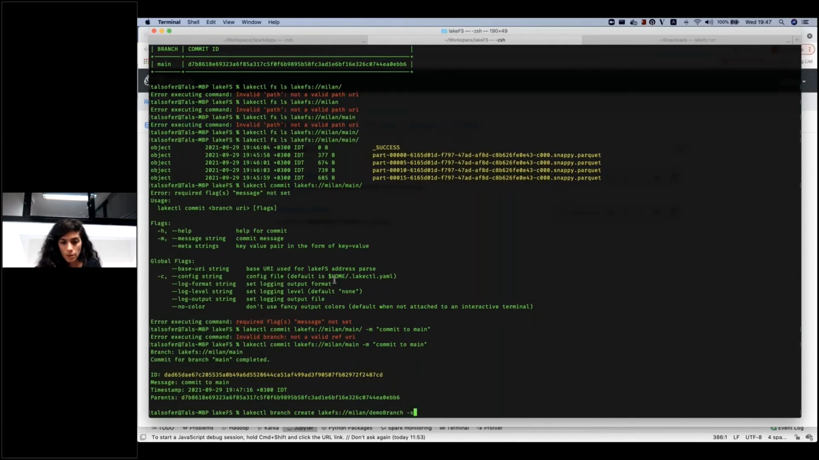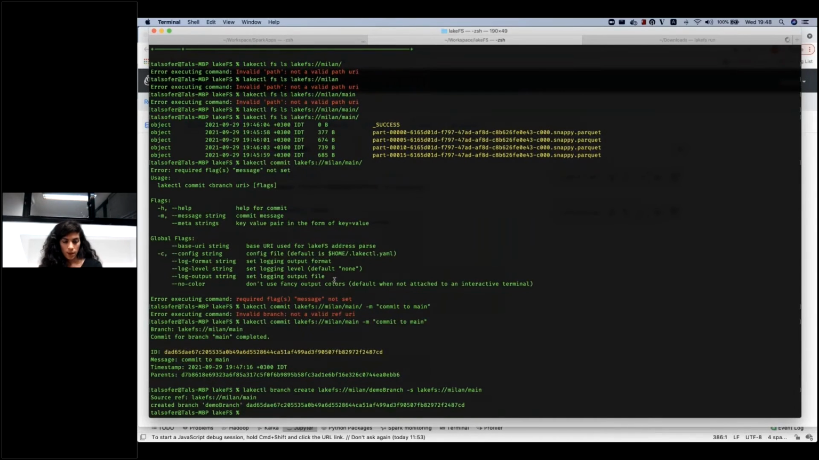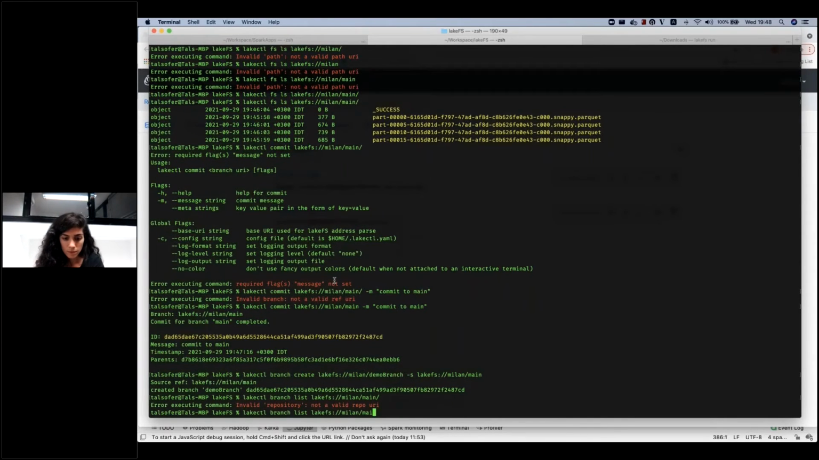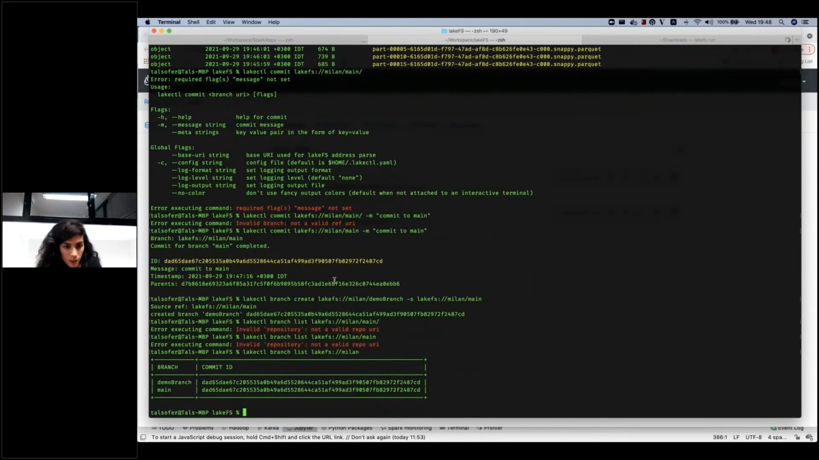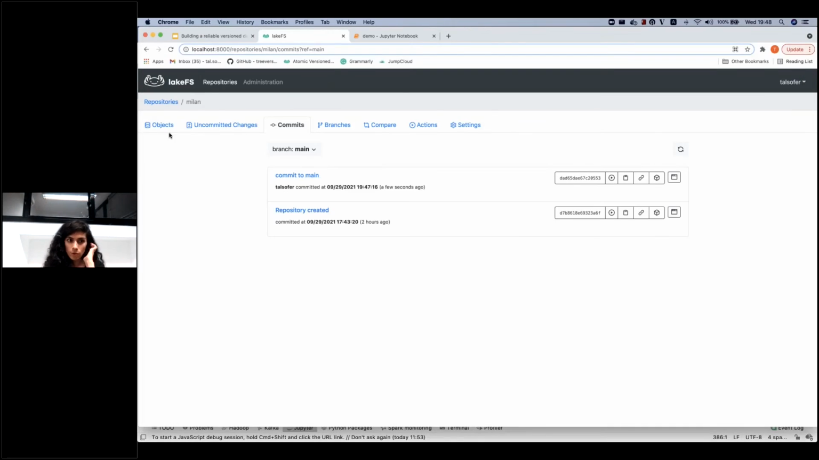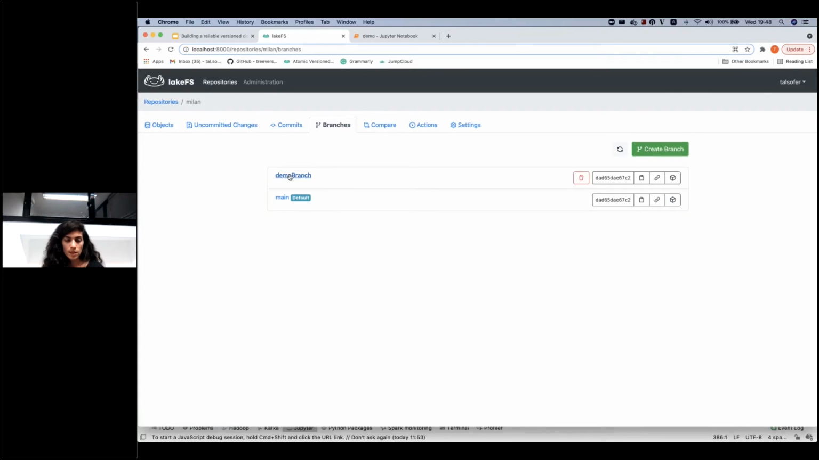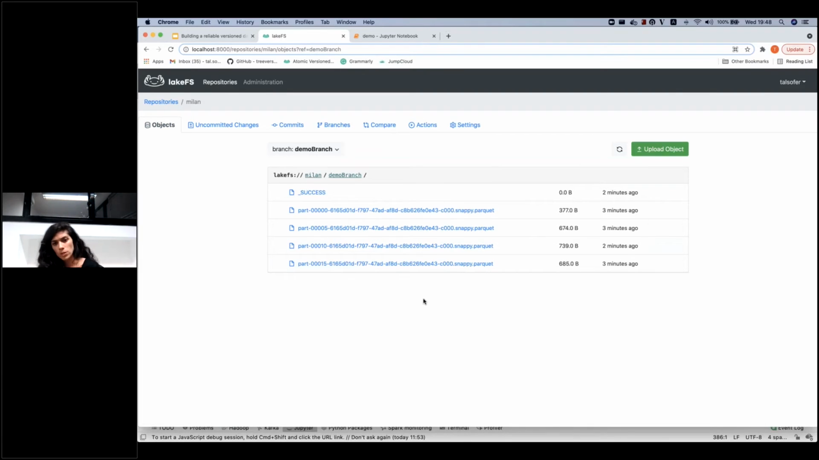And the source branch for my branch is going to be the main branch. Okay, so now let's list the branches that we have in our Milan repo. Okay, so as you can see right now, I have two branches available on my repo. And let's see the UI view of things because I want you to see it. So I have the demo branch, and this demo branch also has the object that I